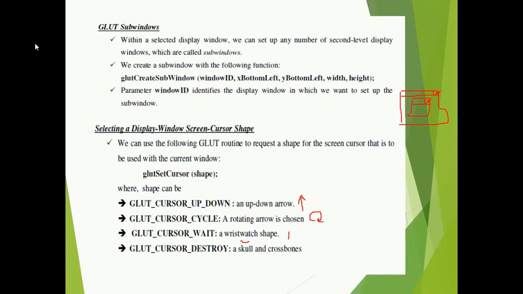You have GLUT_CURSOR_UP_DOWN, GLUT_CURSOR_CYCLE, GLUT_CURSOR_WAIT, and GLUT_CURSOR_DESTROY, like a skull and crossbones icon. Any one of the four you can choose for showing the shape of the cursor.